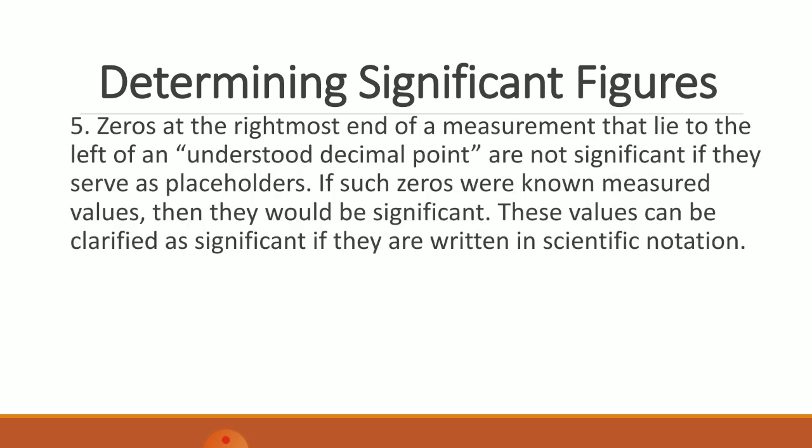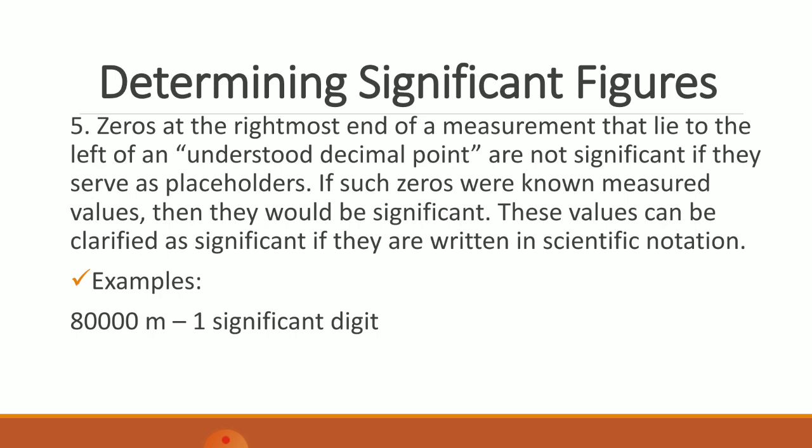And lastly, zeros at the rightmost end of a measurement that lie to the left of an understood decimal point are not significant if they serve as placeholders. If such zeros were known measured values, then they would be significant. These values can be clarified as significant if they are written in scientific notation. Examples: